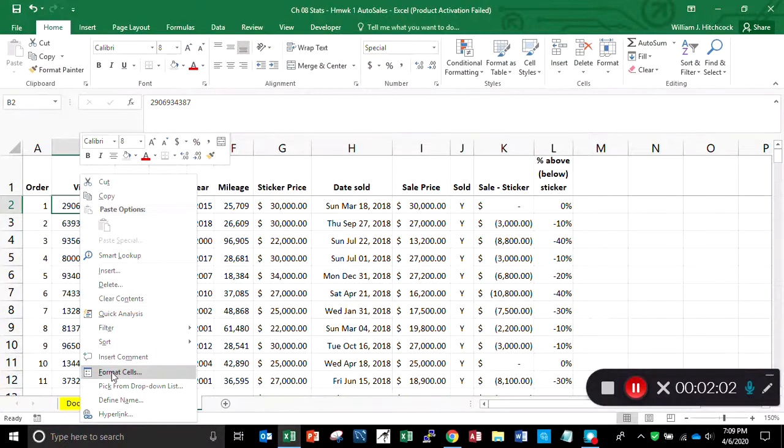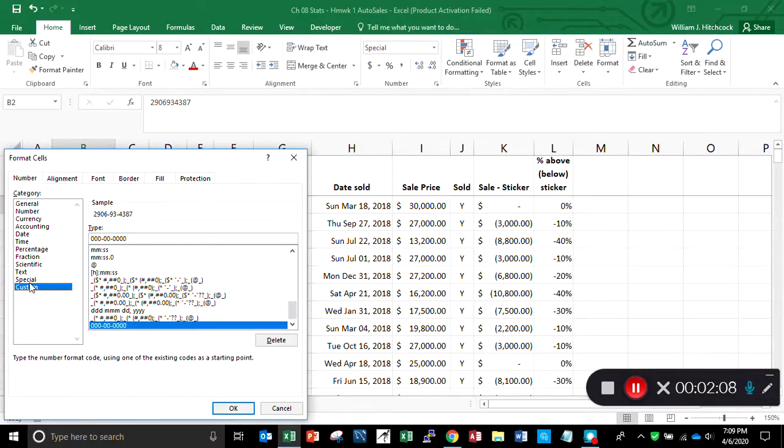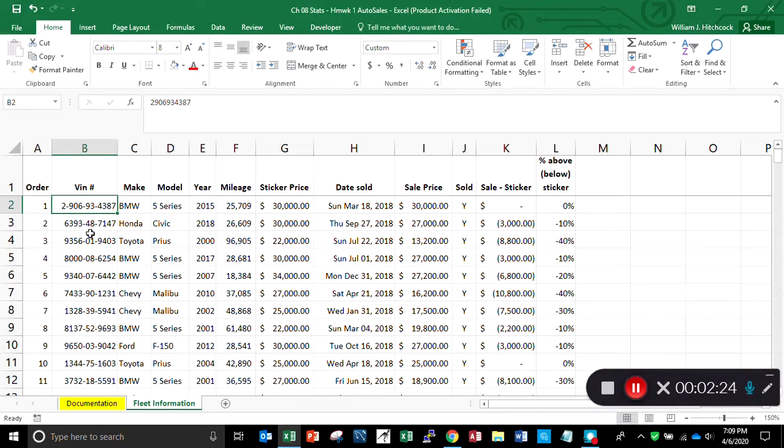So if I come down here to format cells, there we've got a special, it's showing the Social Security, but if you wanted, you could change this around a little bit and choose custom and then format the numbers however you like. So for instance, if I want to make that first number just stand out as a single digit, I could put in a 0 and a dash, and now I've got that one formatted that way,